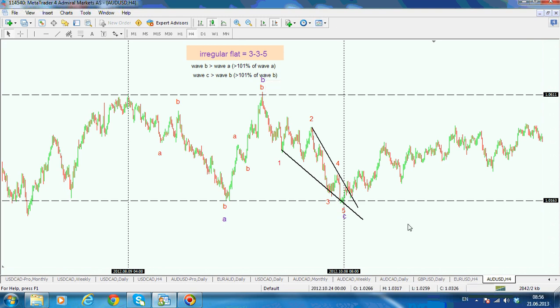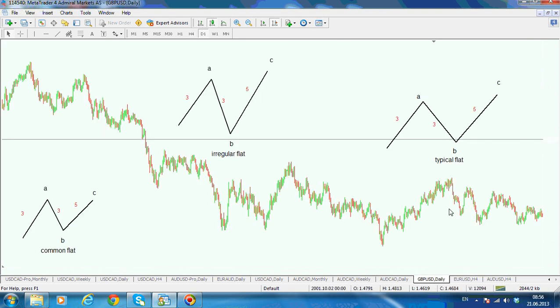Let's move on and take a look now at the elongated flat pattern, and this is one of the most important patterns in Elliott wave theory when you're talking about flats, because they come as part of a contracting triangle or an expanding triangle, but more likely part of a contracting triangle, and these elongated flats actually can be the entire leg of the triangle or part of the leg of the triangle. But let's see that next. So stay